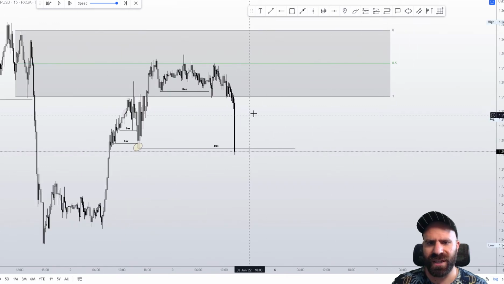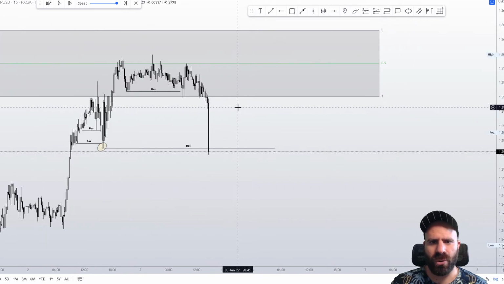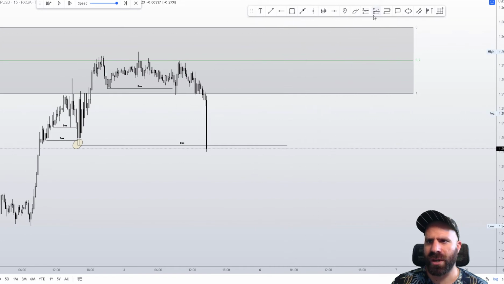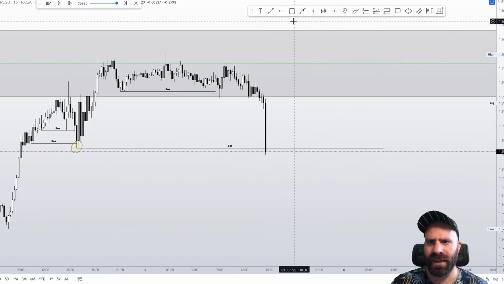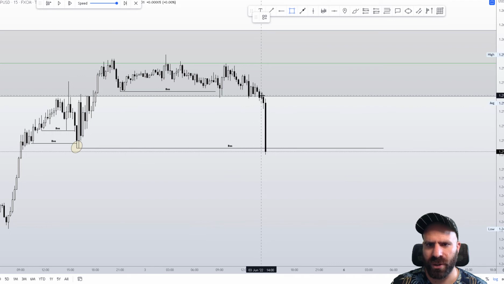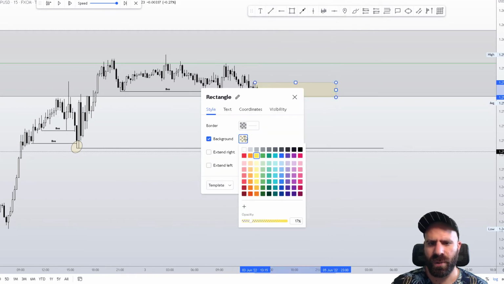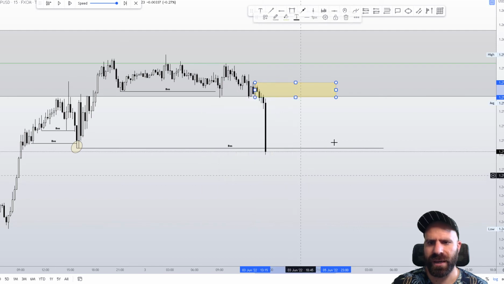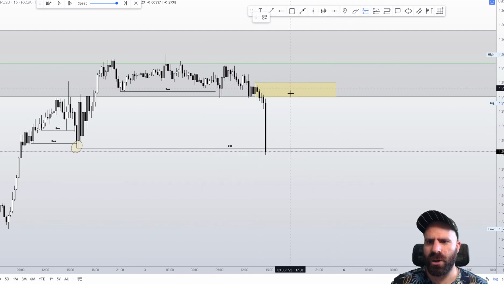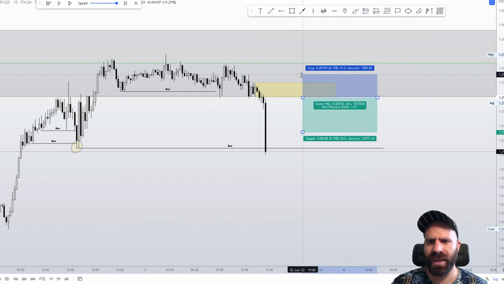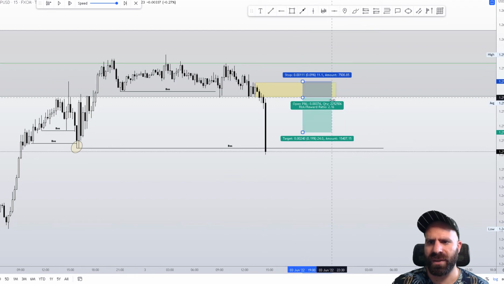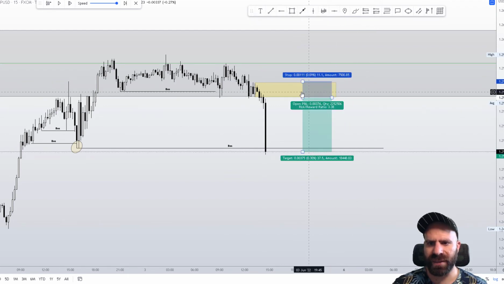We can stay on the 15-minute chart in this occasion, and what I would say in this occasion, I would identify, let's see, let's zoom in a little bit. We have an order block right here, but probably I would go for this one right here. I will leave that as yellow and probably increase the opacity a little bit. Right there, it's fine. And we have this order block. Now you can place a pending order at the beginning of it or the 50%. I would go and place the order, I think, at the beginning of this order block,